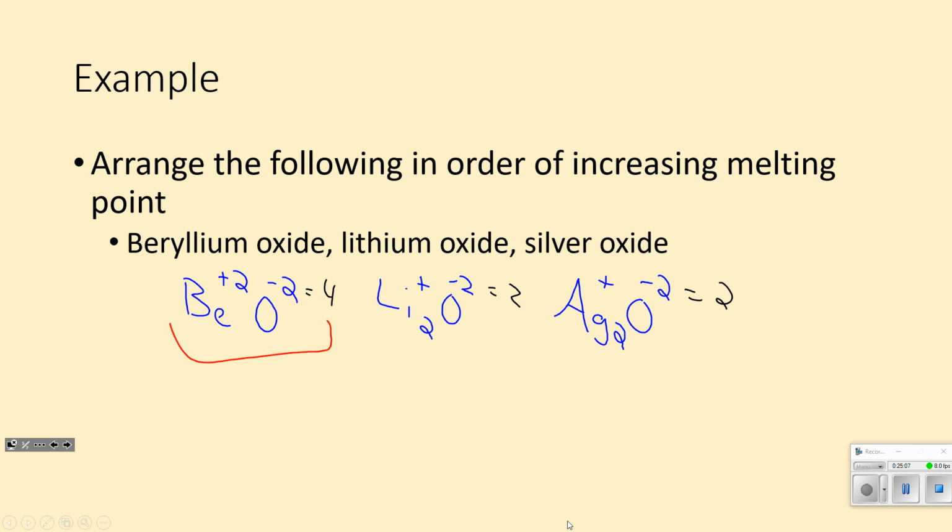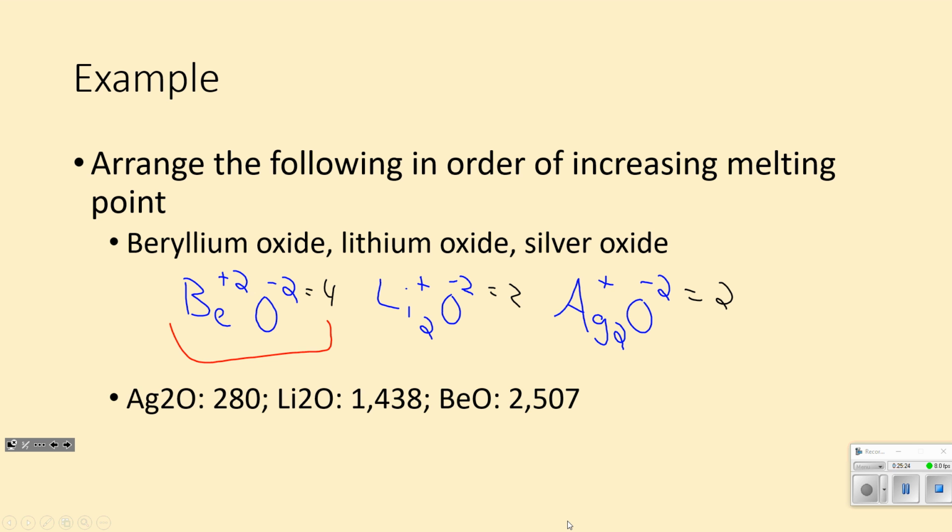Again, when I show you the gold thing and it talks about Coulombic attraction, or Coulomb's law, all it's talking about is things with opposite charges are attracted to each other. And the closer they are, the more attraction that can exist. Although, as you'll see with covalent compounds, if things get too close, there could be repulsion as well. So again,